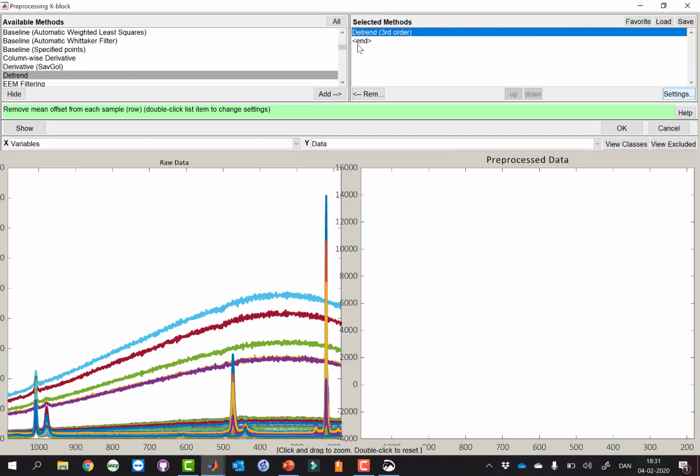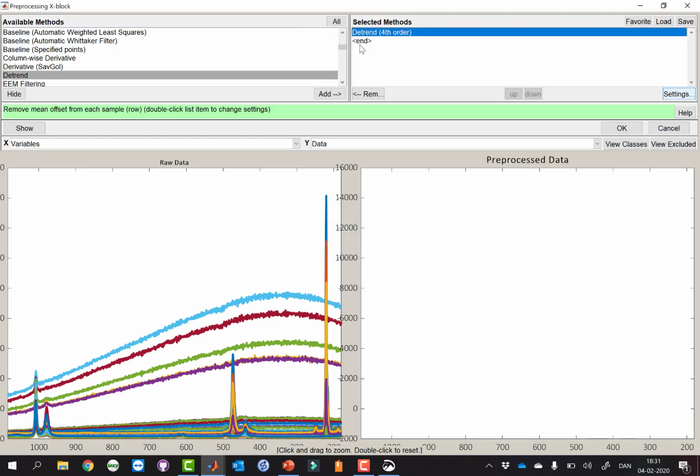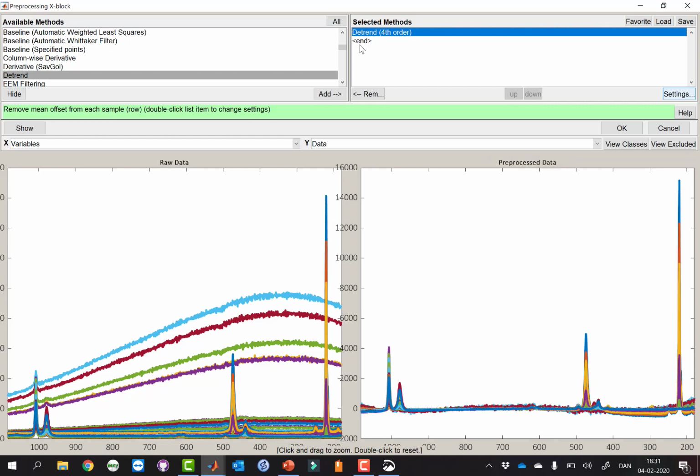Let's see. That's pretty good actually. It's not perfect. We have some effects down here, but it's not too bad actually. I'm gonna try fourth order polynomial, but I expect that that might not be better. Let's see. Now I run into problems in this area as well as here.